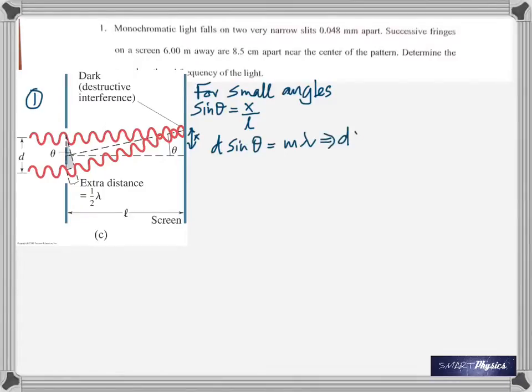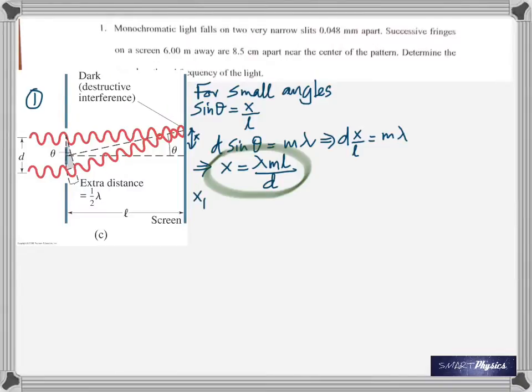And the path difference is d sine theta. The condition for brightness is that it should be equal to m lambda. So substituting and making x the subject,